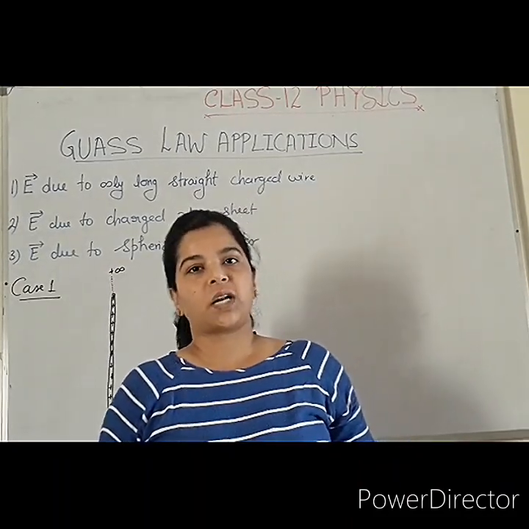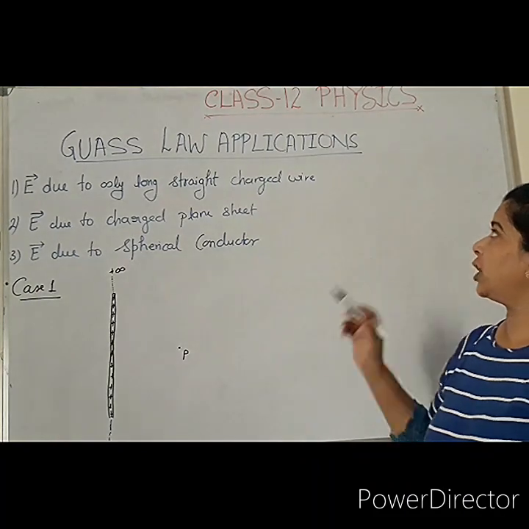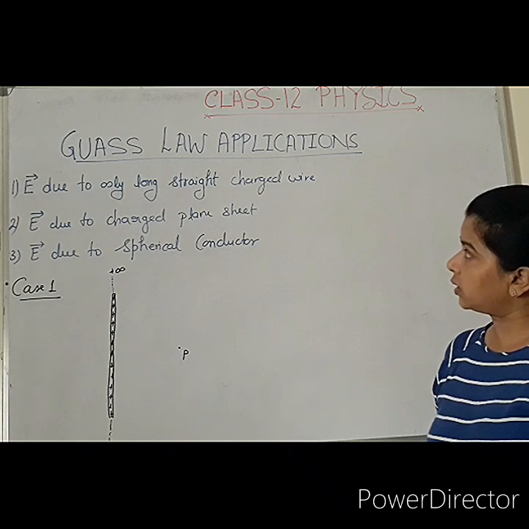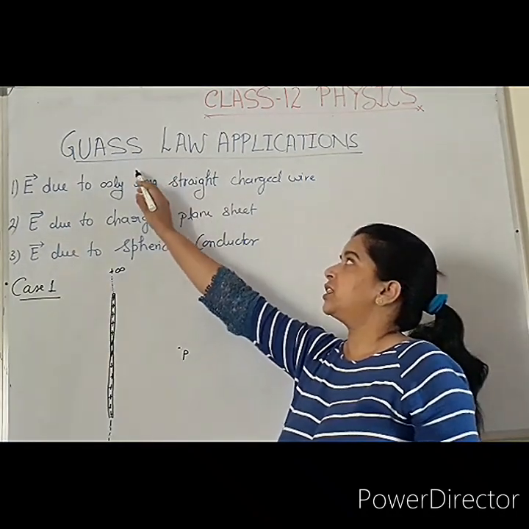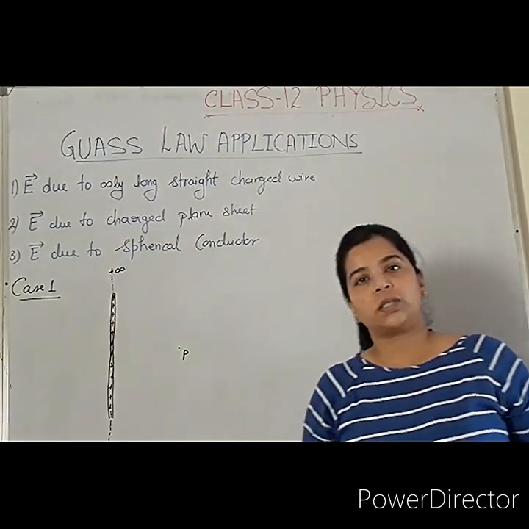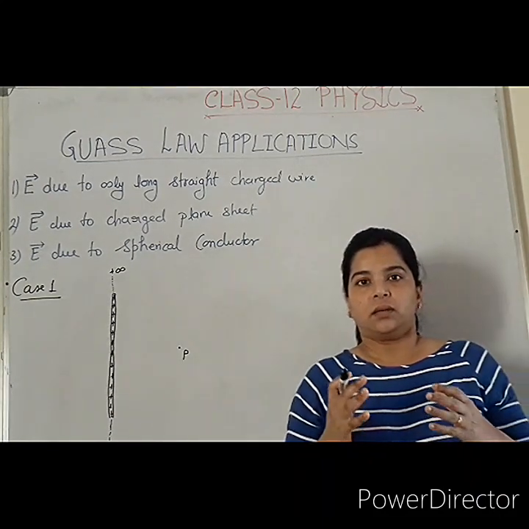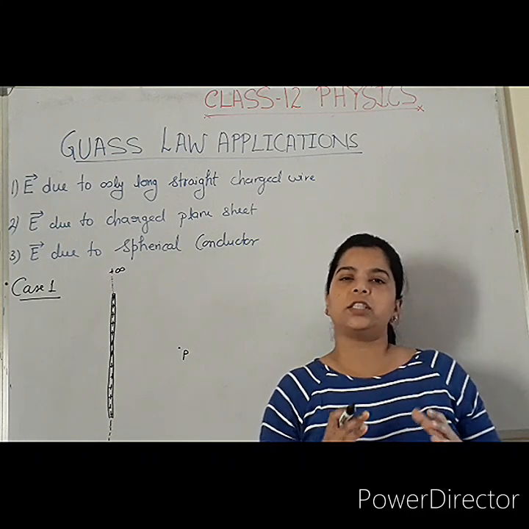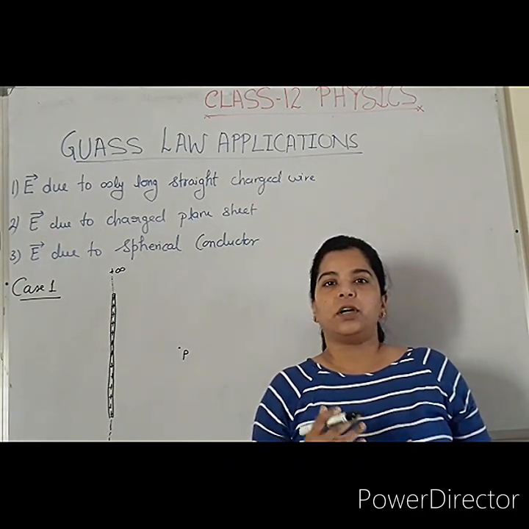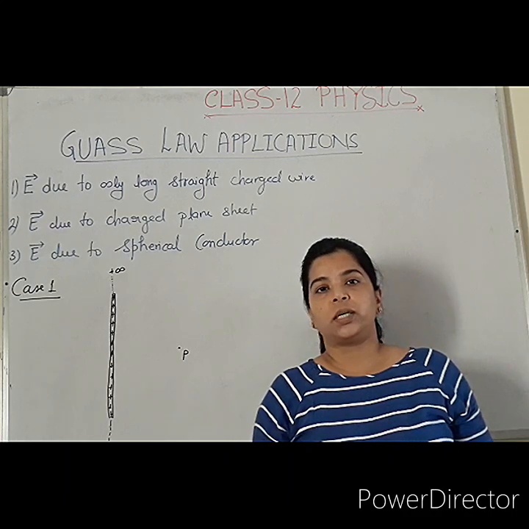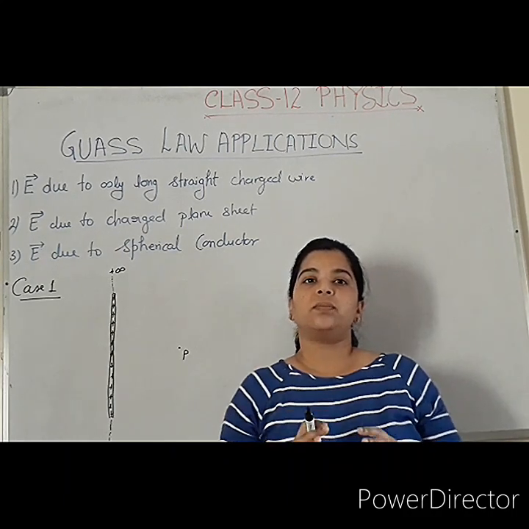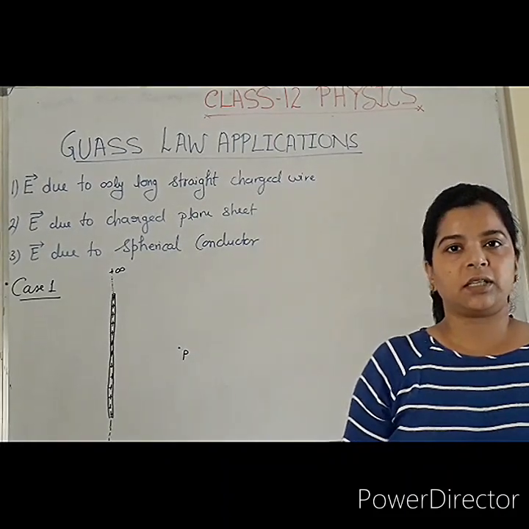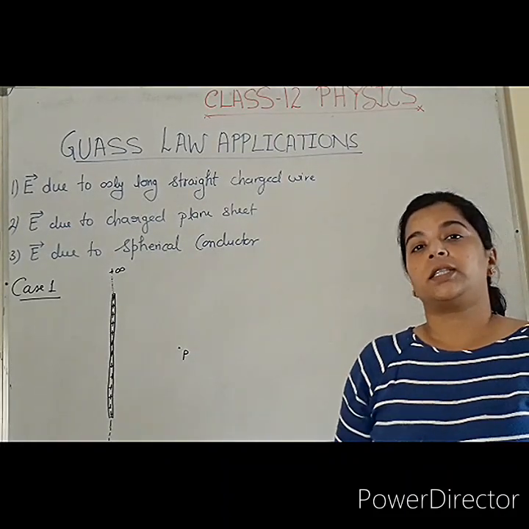This is specific for class 12 and I have been discussing chapter 1 of the NCERT book, that is electric field and electric force. In my last video I discussed Gauss law. The statement of Gauss law is that the electric flux due to any charged body should be equal to 1 over epsilon naught times the charge enclosed by the closed surface, and that closed surface is hypothetical, it is an imaginary surface, so we can draw that surface on our own.